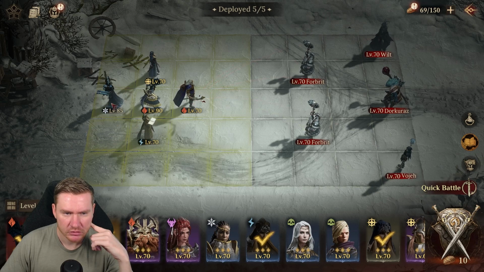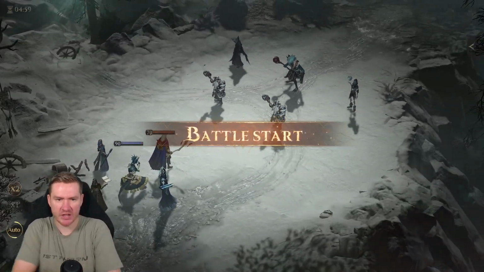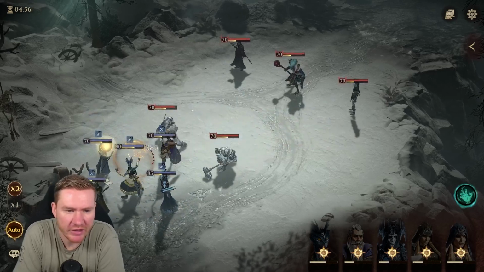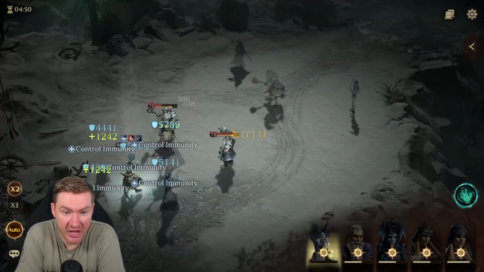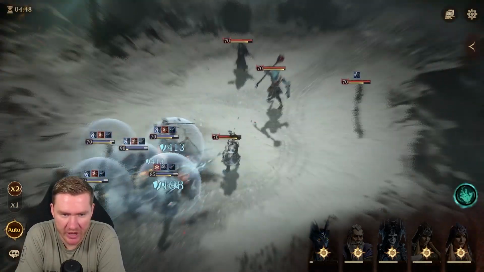Let's just see. Let's see what it looks like now. See if our damage output's a little bit better. Now, I think I built Irina like a support. So I think most of our damage now is going to be coming from our Traveler and perhaps Elminster, but...